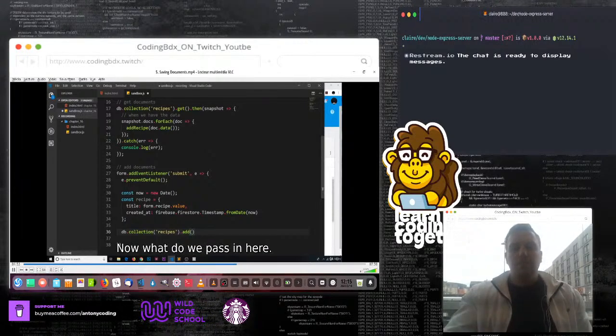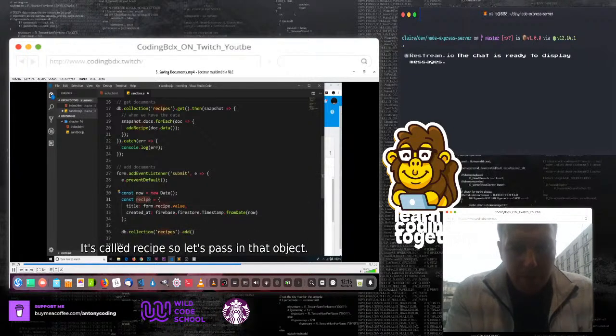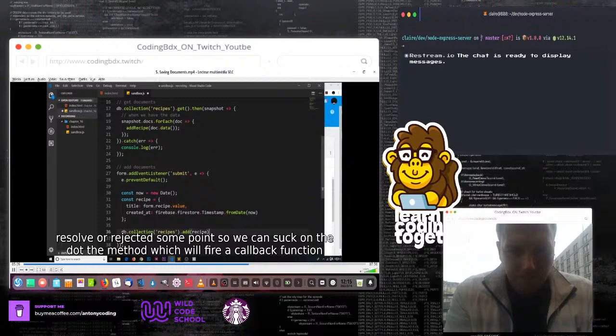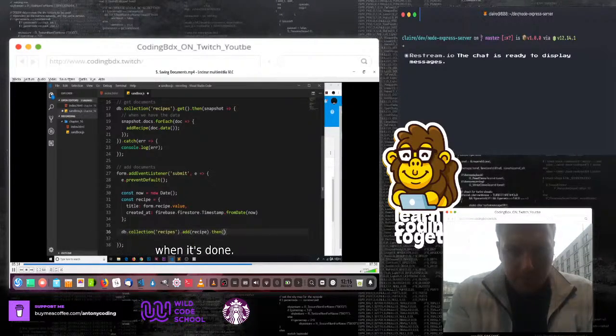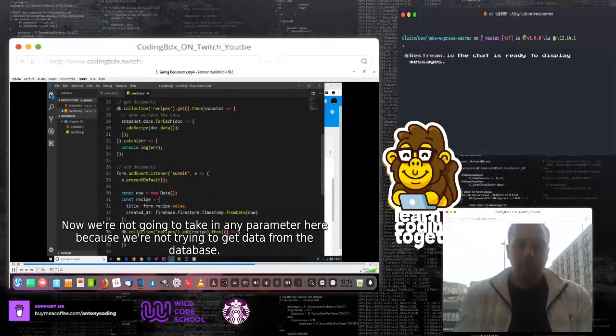Now, what do we pass in here? Well, we pass in a JavaScript object that represents that document, and we just created that right here. It's called recipe. So let's pass in that object. So this again is asynchronous. It takes some time to do, and it's going to return a promise which will resolve or reject at some point. So we can tack on the .then method, which will fire a callback function when it's done. Now, we're not going to take in any parameter here because we're not trying